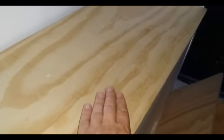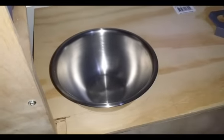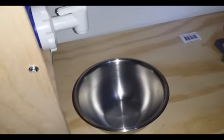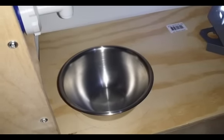I'm going to permanently mount that to here. But that only leaves me with between this and that for prep area, because my bowl's going to go right here. I bought this bowl today, and I know it's a little bit small, but I don't think I really need a big sink. I'm mainly just going to be using spray bottles and stuff like that to keep the water usage down. And I might need to bring out a towel or something, but